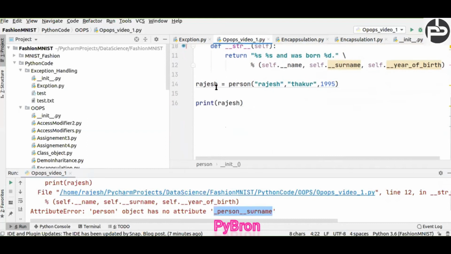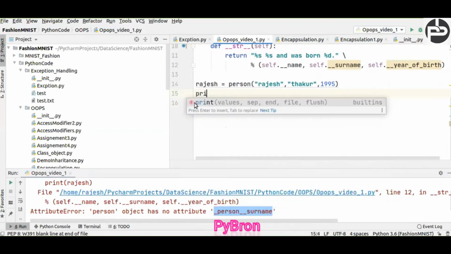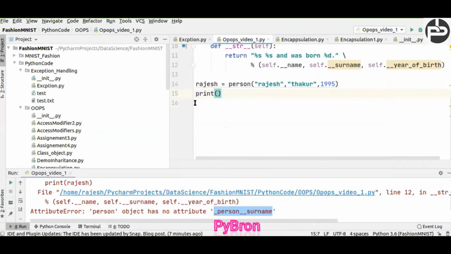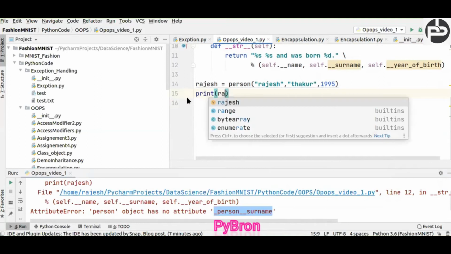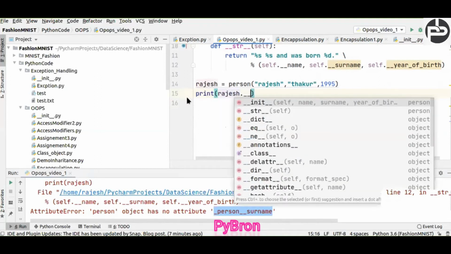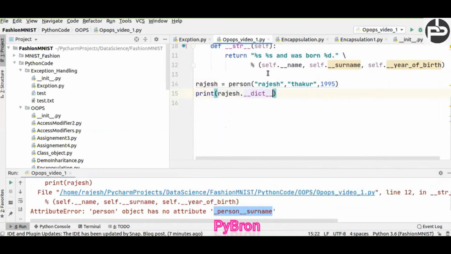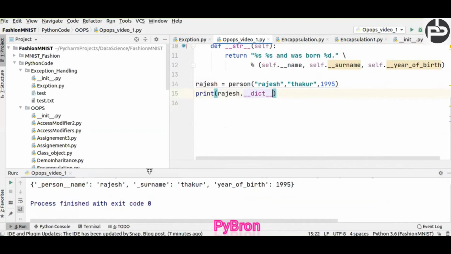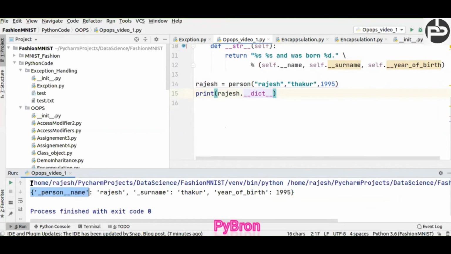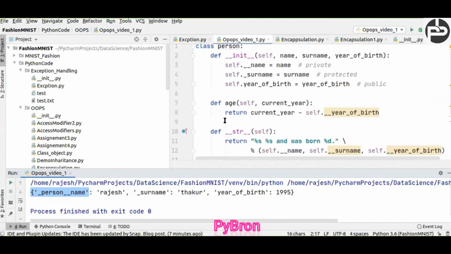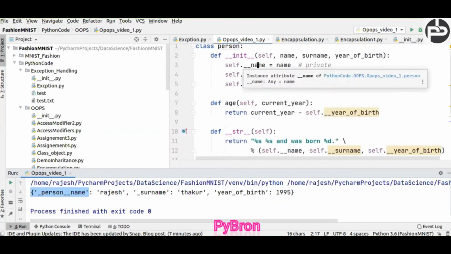If you want to check the way, you can check with the help of some command like print Rajesh dot dictionary. So you just call Rajesh dot underscore dict. If you call this, then you will get to know how we can call it. If you want to call the name, then you have to call like this, means underscore class name, because name itself is private data. So how do we call the private data?